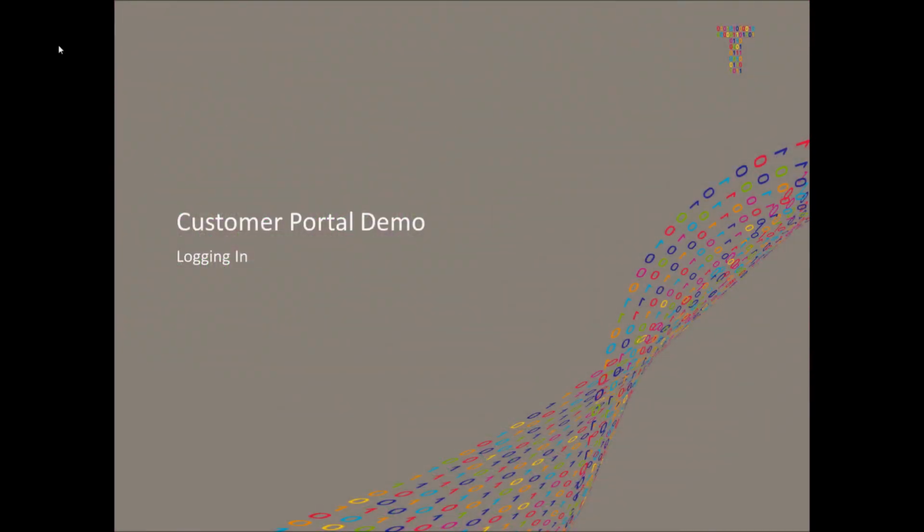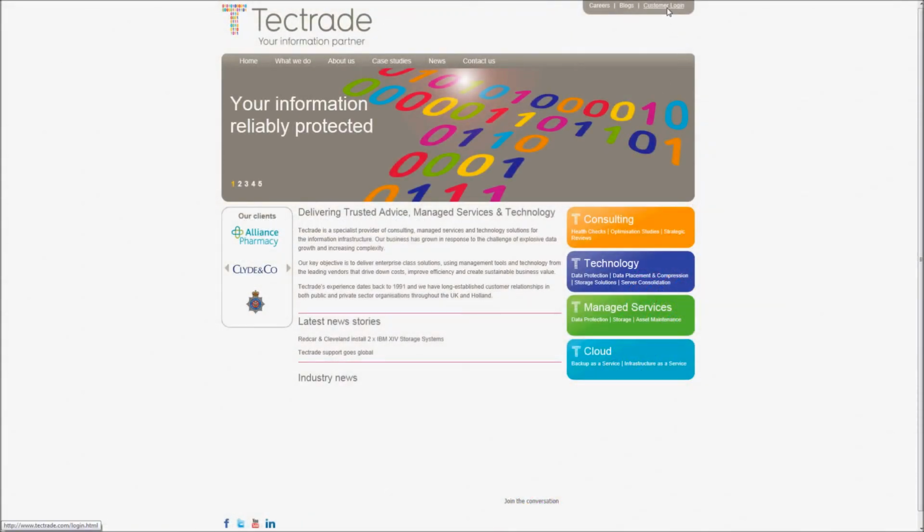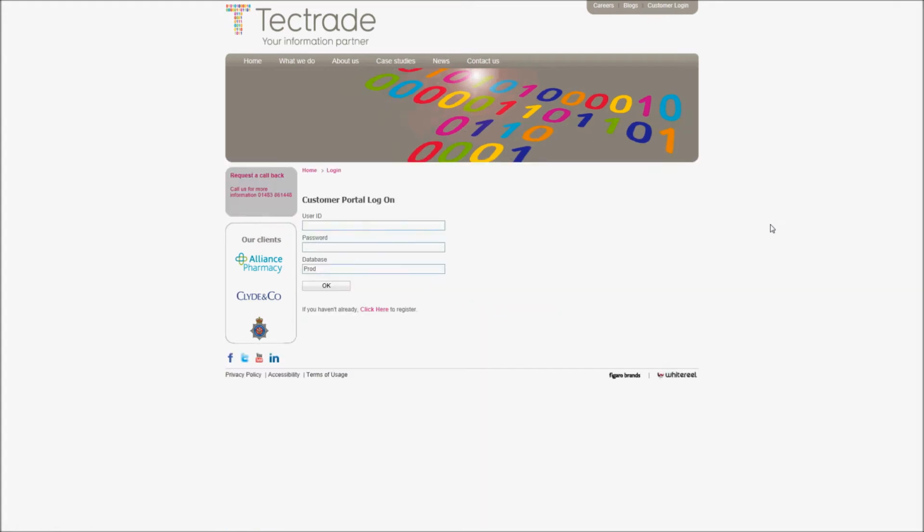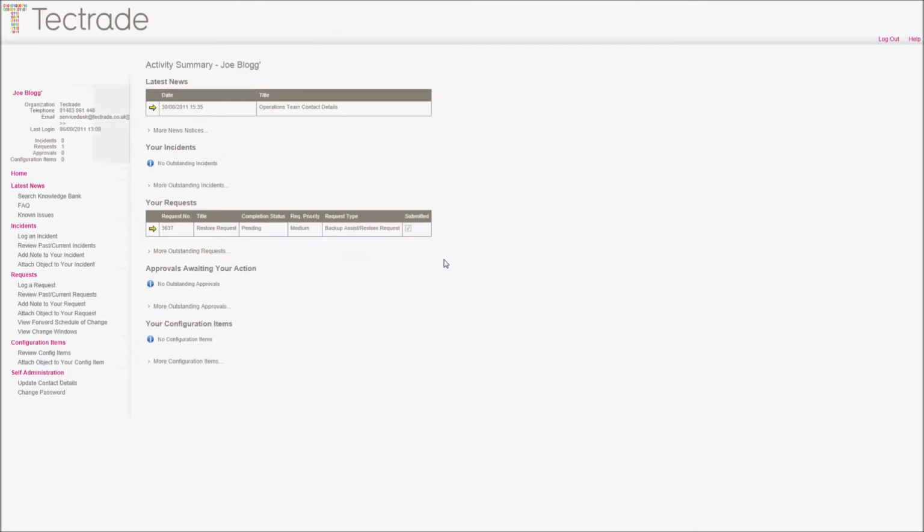Firstly, we're going to cover how to log into the customer portal. What you need to do to start off with is browse to Tectrade.com, and then on the top right hand corner we can click the customer login button. From there we can enter in our username and password, and that will log us in. If you don't currently already have your username and password, please feel free to contact the service operations team, who will be able to provide you with a username and password